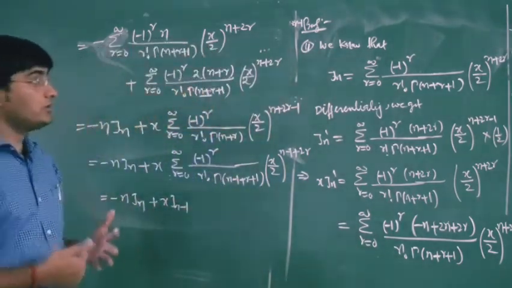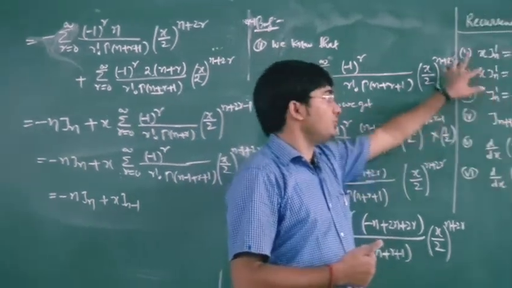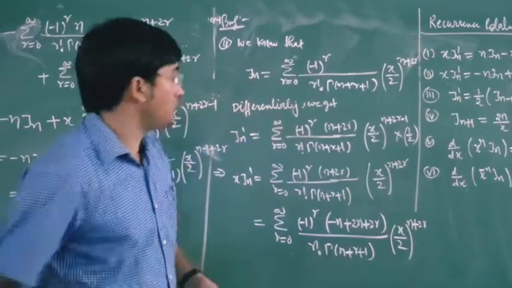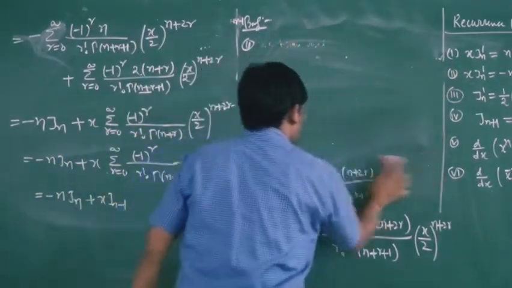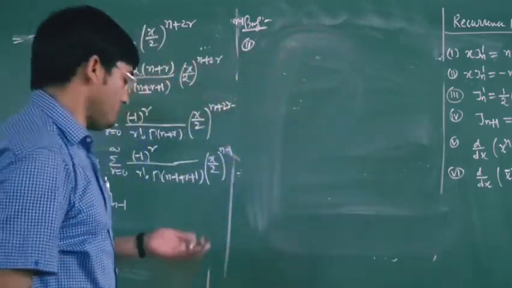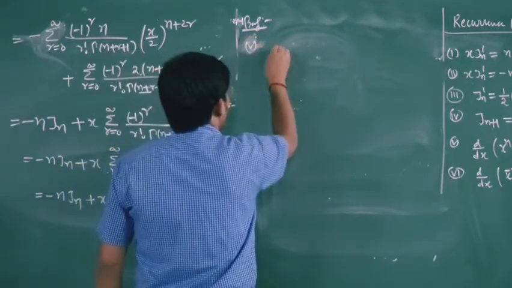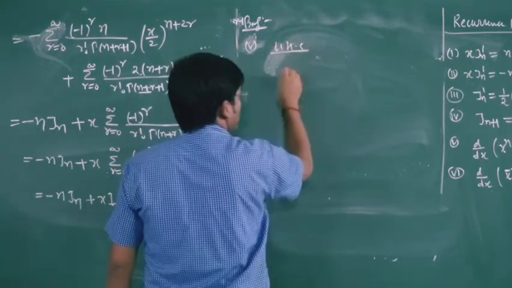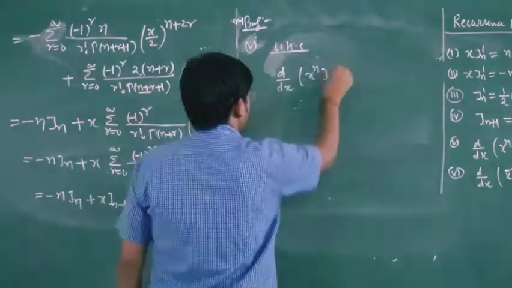So this is your second part. Now the third part is the addition of the first two, the fourth is the subtraction of the first two. So let us start the fifth part. So the fifth part is d by dx. Let us start with its left hand side. So this is your d by dx of x power n into Jn. So it is equal to,